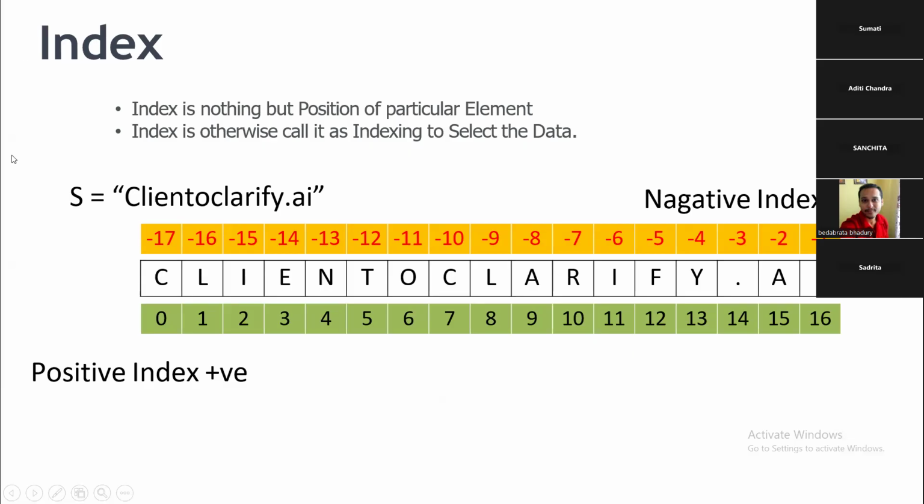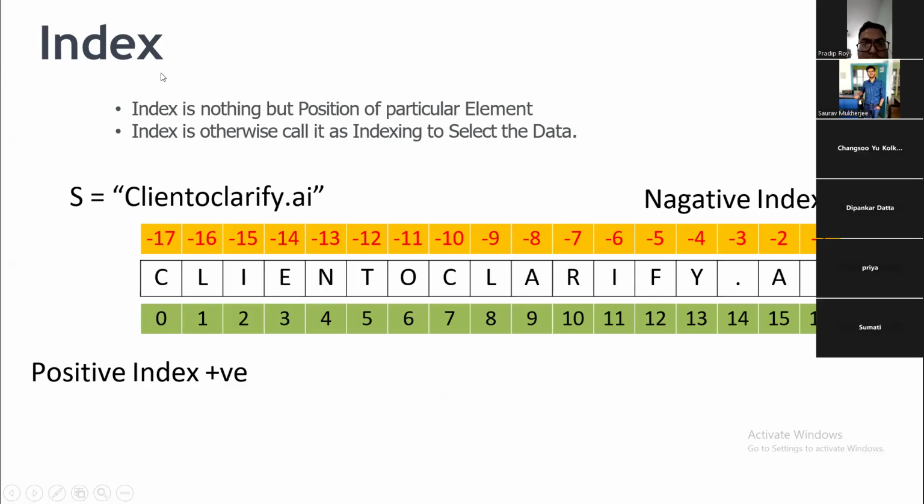I'm telling you, try to understand, this is called the index in Python. What is an index? Index is nothing but the position of a particular element. It is otherwise called indexing, used to select the data. Suppose this is my string, clarify.ai. This is my string. So if we write this string this way,